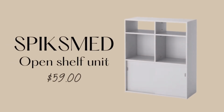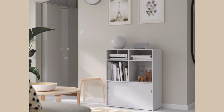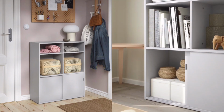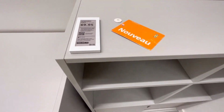The SPIKSMED Open Shelf Unit is a stylish and functional storage solution that works beautifully in a variety of spaces. With its sleek, open design, this shelf unit is ideal for showcasing your favorite books, plants, or decorative items, while keeping your space organized and clutter-free. Made from durable, high-quality materials, SPIKSMED combines form and function, offering plenty of storage without taking up too much floor